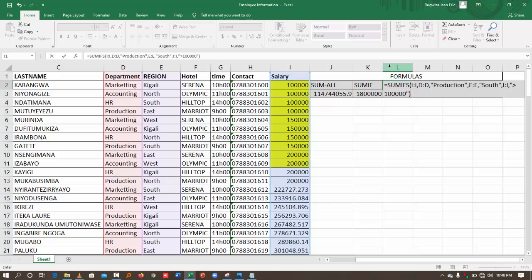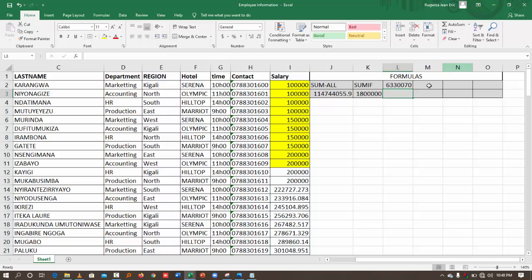After this, I close my parenthesis, then I press enter, which means this is the summation of the salaries of the employees who are earning more than 100,000 and they are belonging in the production department, and the region of their